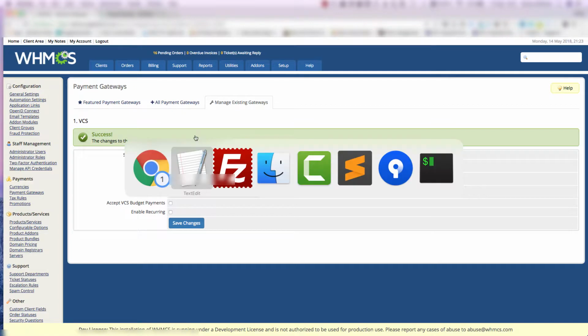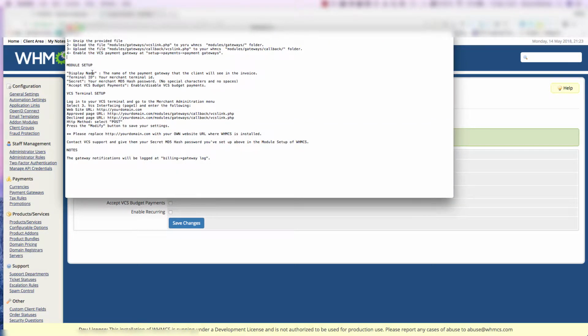The next step, as per the TXT file, is to set up the VCS terminal. Now, while the plugin does automatically populate the gateway and callback URLs, it is advisable to also hard code this into your backend. So the first thing you'll do is you'll put your web URL under the website URL section. You will then select your domain and then